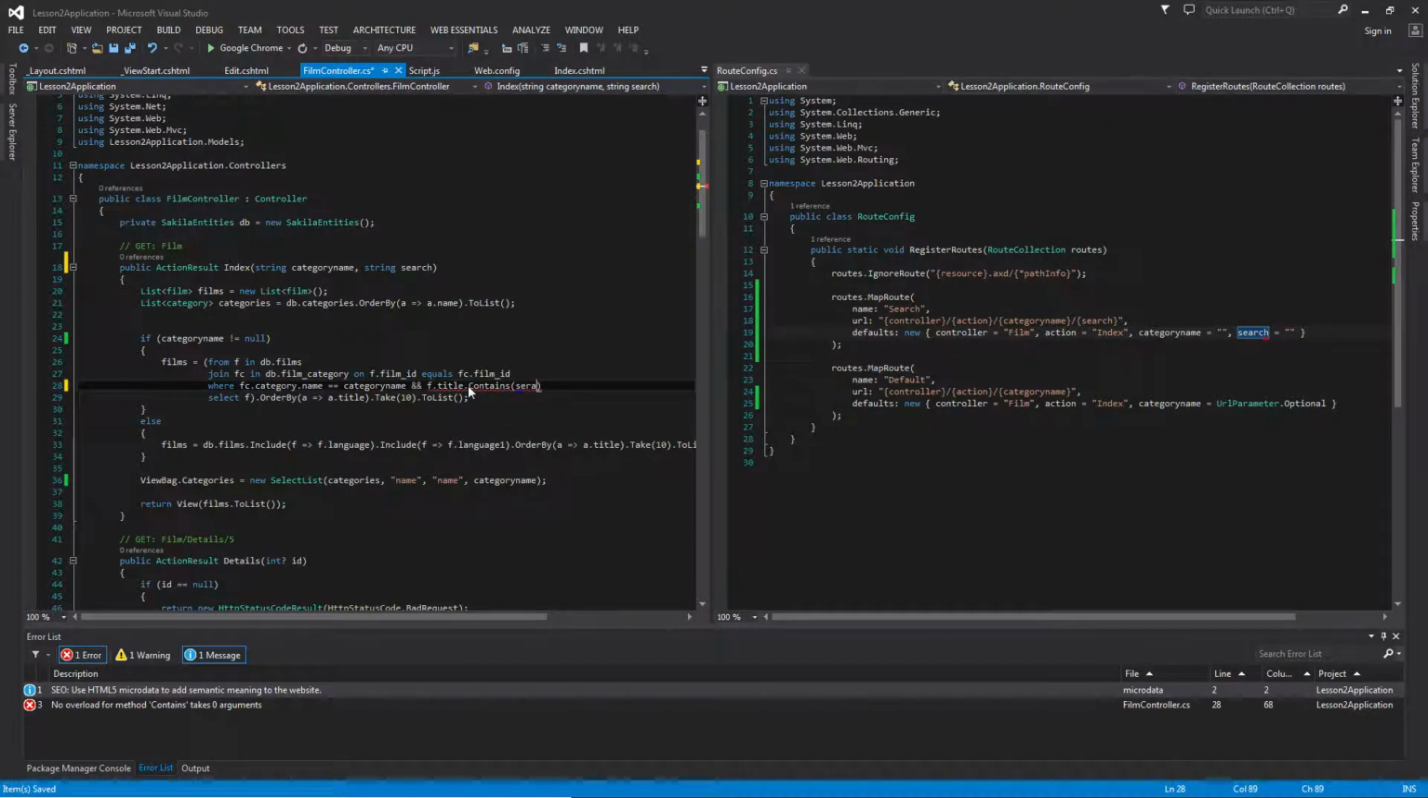Okay, so if it contains our search term, return that. And it also must have the category. So it has to be on the same category, and it also has to have the search term. Now, question here is,